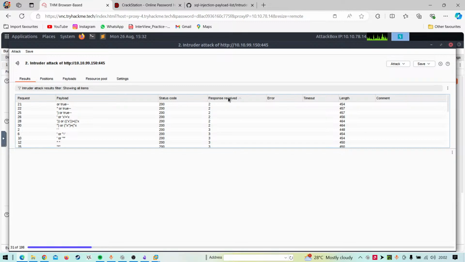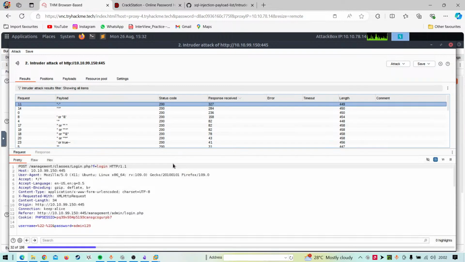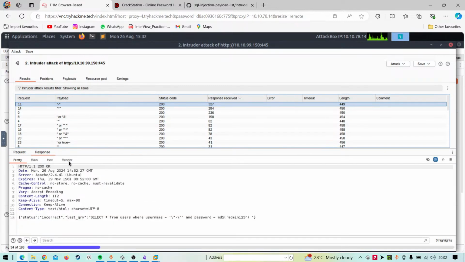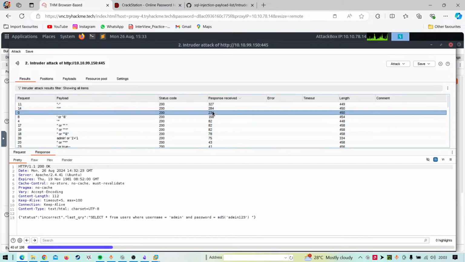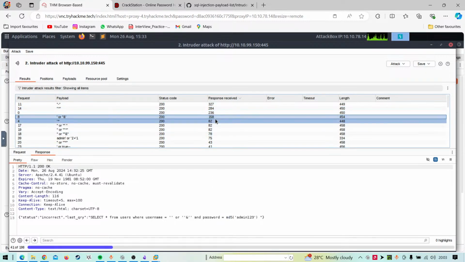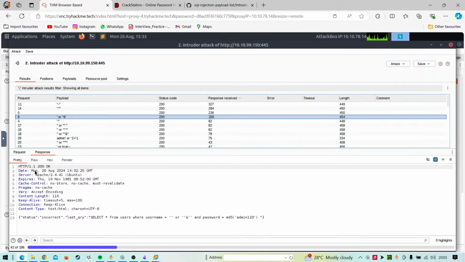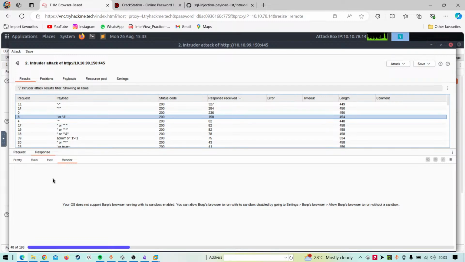So we can just see the response. What response am I looking for? Status incorrect. The way to know that the SQL injection is there could also be like this.